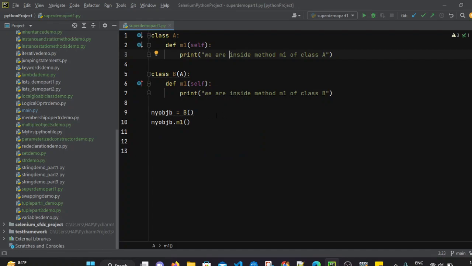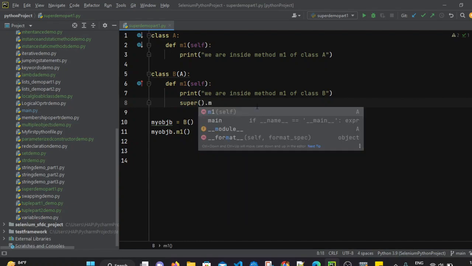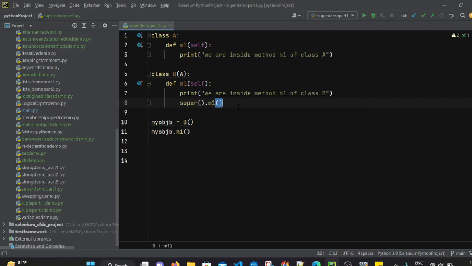To do that we have to use the super function. We can simply write inside method m1 of the child class, super.m1. This function will invoke the parent class m1 method. Now let's execute this file again.